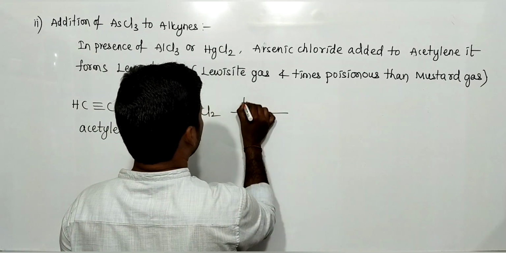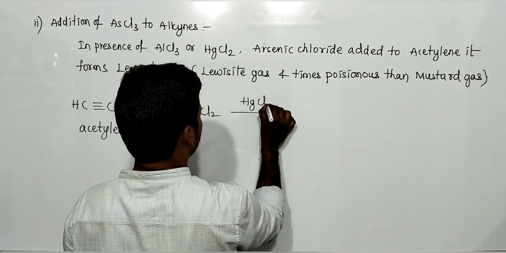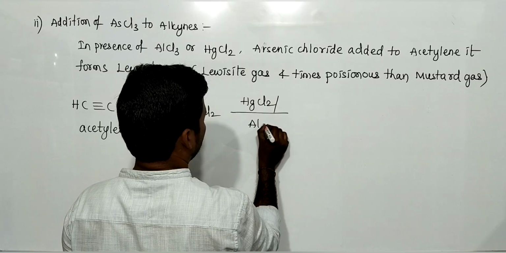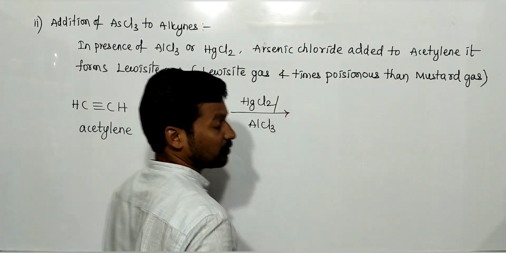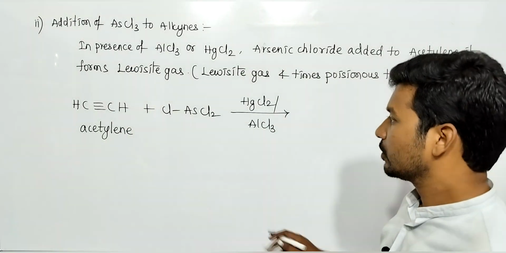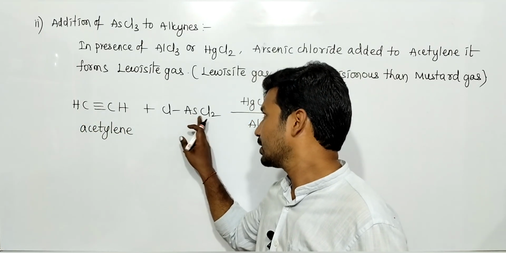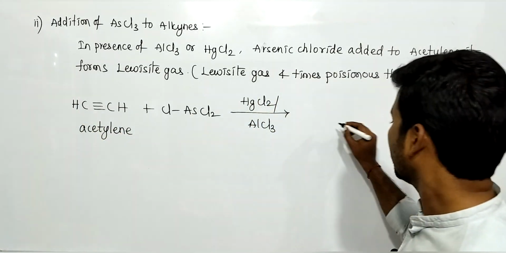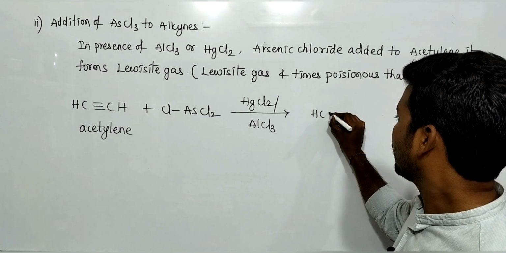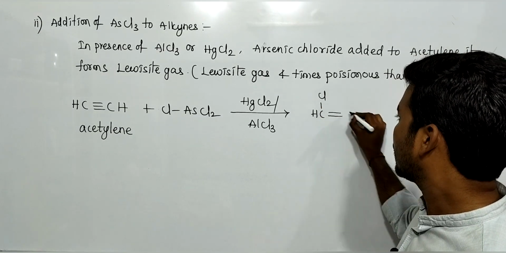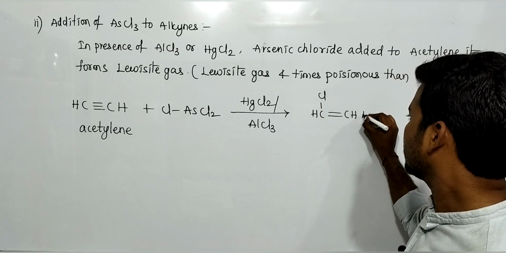In presence of mercury chloride or aluminum chloride, this reaction takes place. So chlorine added to one carbon, remaining rest AsCl2 added to another carbon. So here triple bond becomes double bond, here chlorine is added,